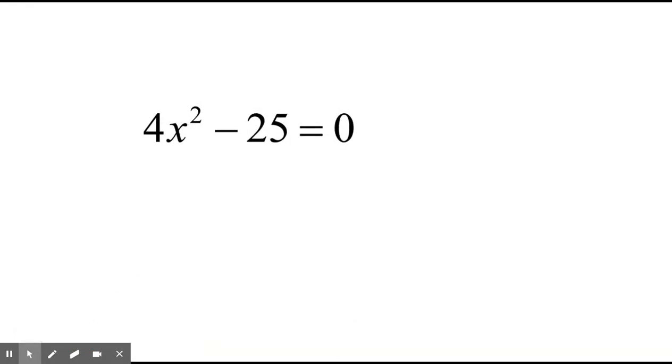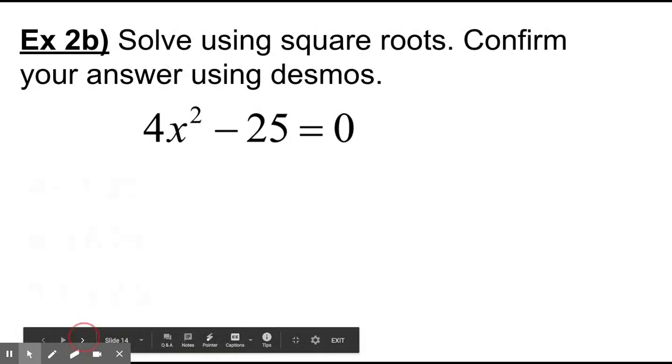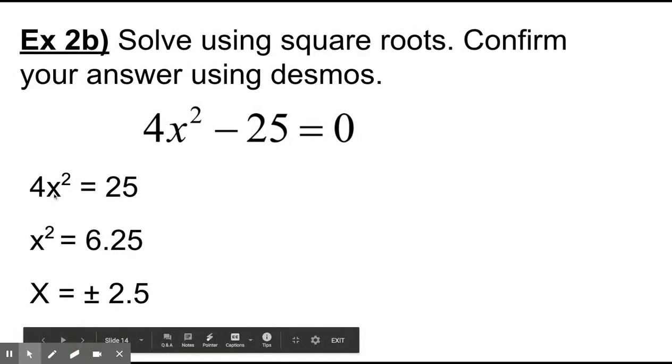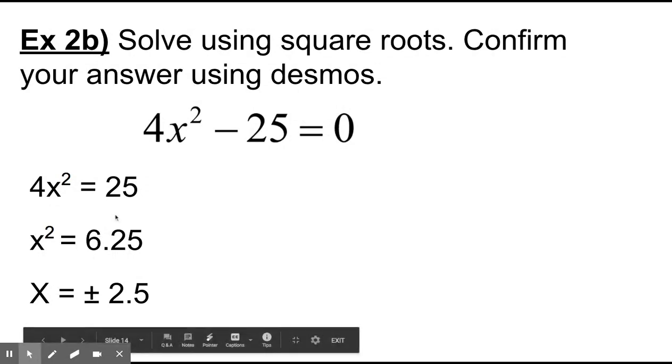Go ahead and solve this one. So in solving this one, your first step should be that you want to add 25 to both sides. And that gives you that 4x squared is equal to 25. And then from there, since we want to isolate the x squared, we divide both sides by 4. When we divide both sides by 4, we're left with